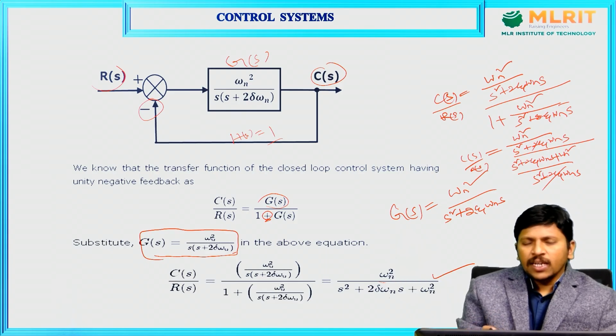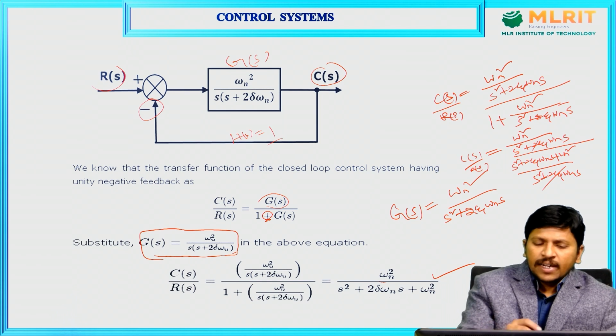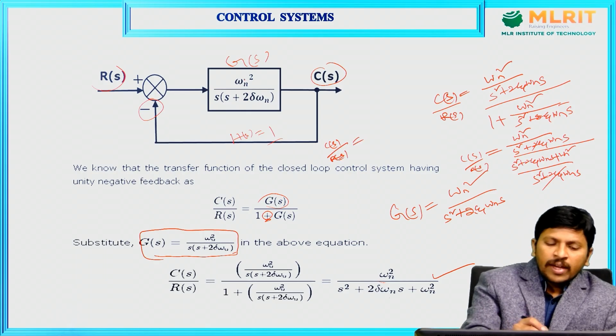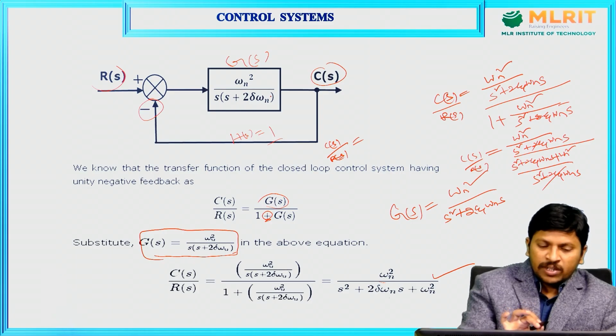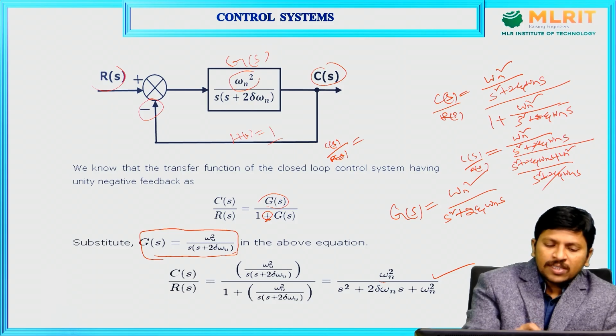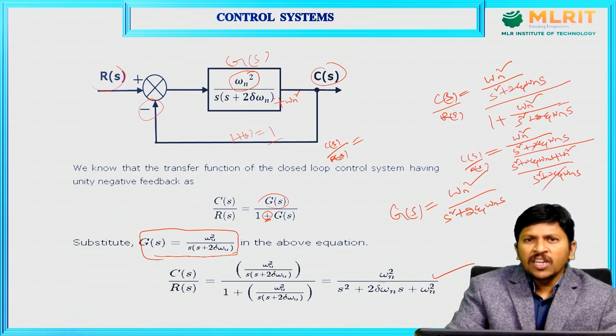And also, we are going to calculate this closed loop transfer function when we have the unity feedback system. This is the G(s). Simply, the transfer function C(s) divided by R(s) is equal to, here G(s) is equal to omega n square divided by s square plus 2 zeta omega n s, right, denominator. Simply, the numerator part is added to the denominator part, and you will get the transfer function for any unity feedback